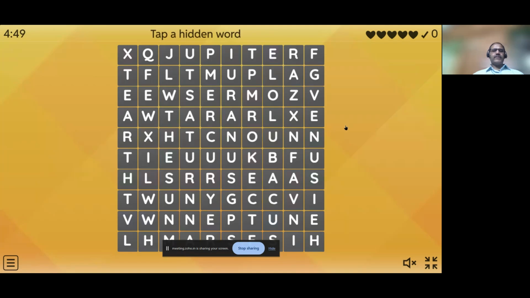Find out where is Mars, or say Jupiter. Click here. So if I click here, Jupiter, it is here. So kids have to, if you go back in your primary stuff, FLN, Foundational Literacy and Numeracy.